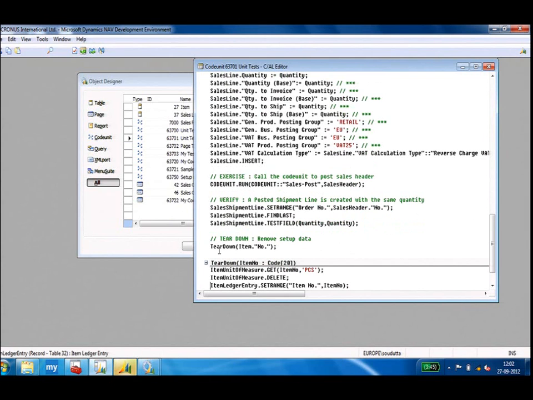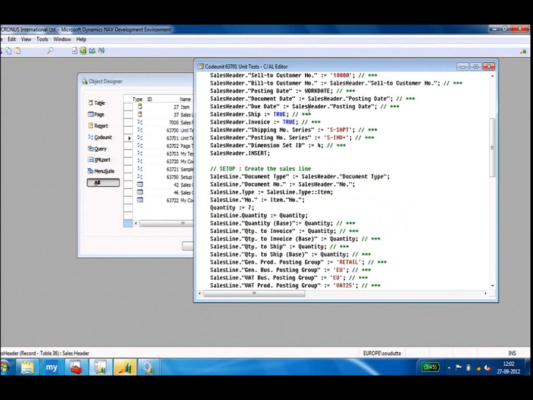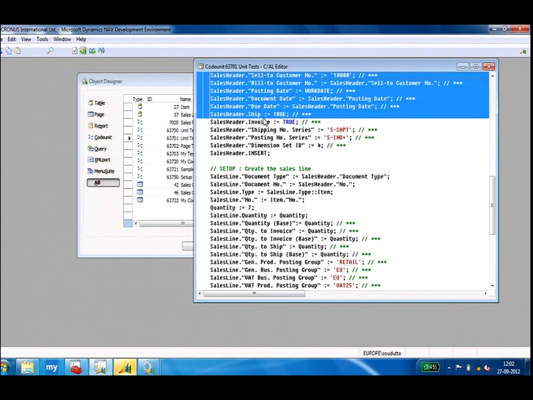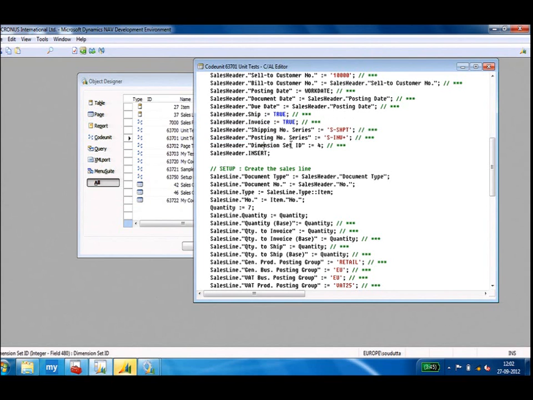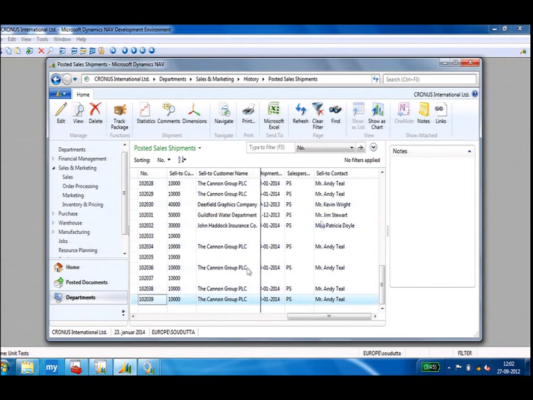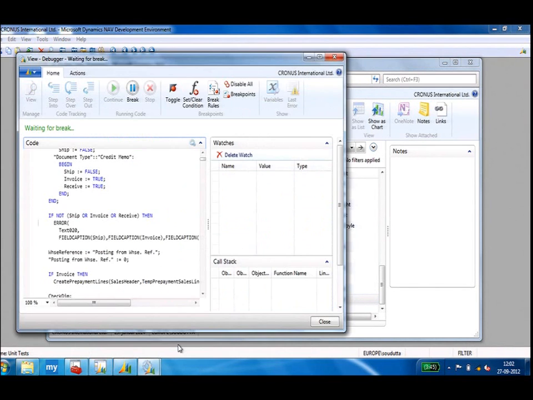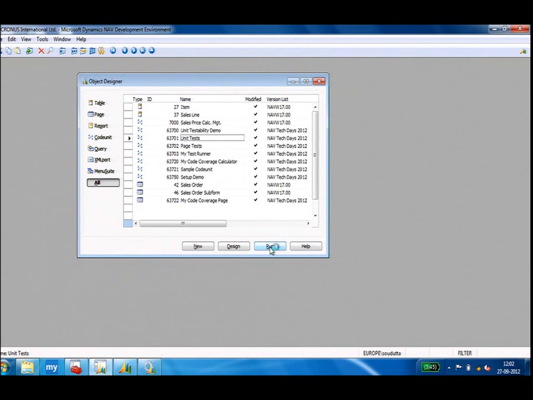You can see it's almost all green here. Of course, I have the same teardown as I used. But even if I had passed through ship is true, I would still have to set many more things. Nevertheless, we have done our test, and I'll stop the debugger. If we just run this one, which does essentially the same thing,